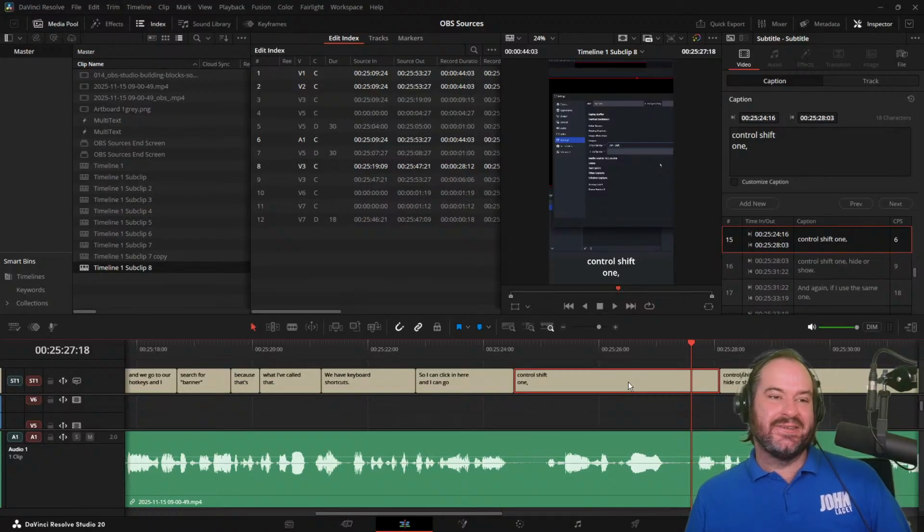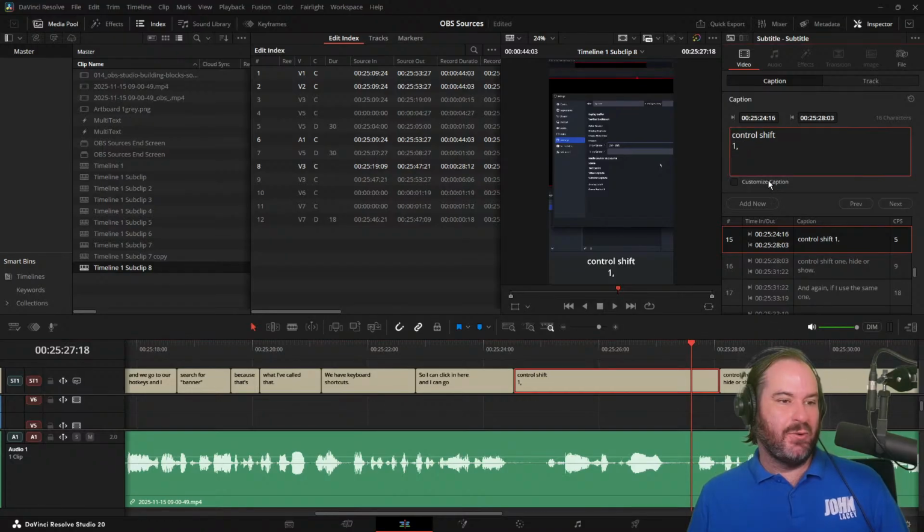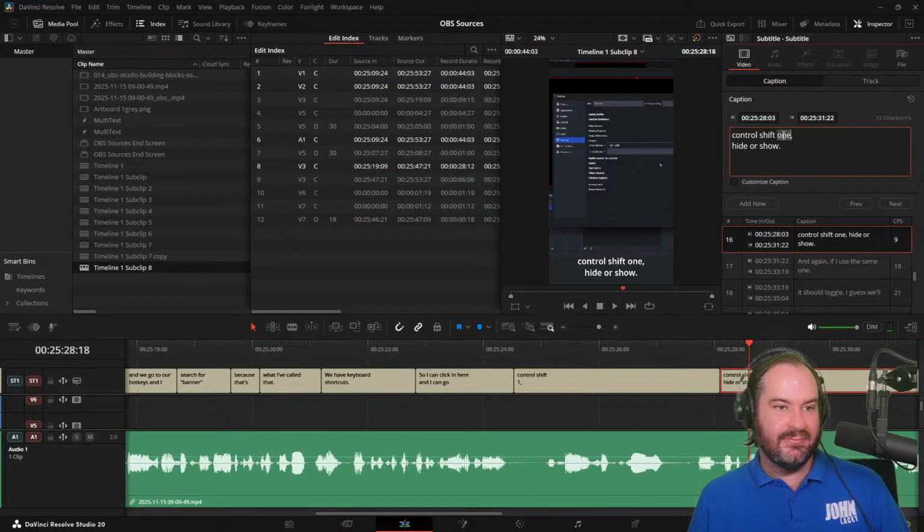Now this is a weird dilemma because I mean this is literally what I say, but do I want Control-Shift-1? Do I want Control-Shift and the number 1? I think I am going to do the number here actually because I think that'll make sense. Control-Shift. And I say that a second time, so again, just going to do that here. 1 to